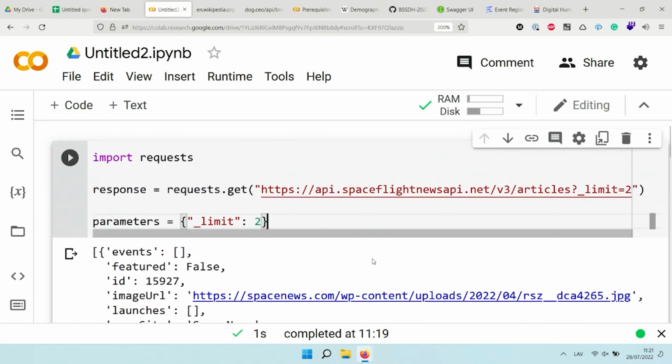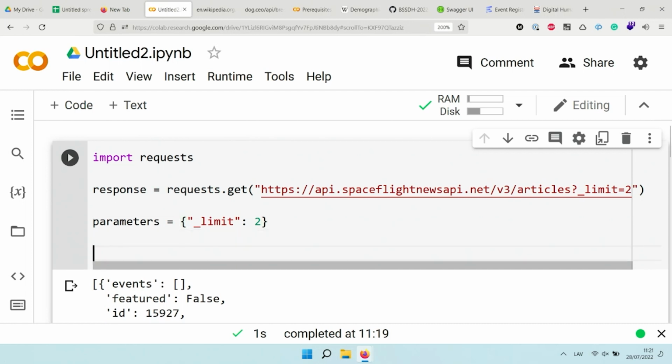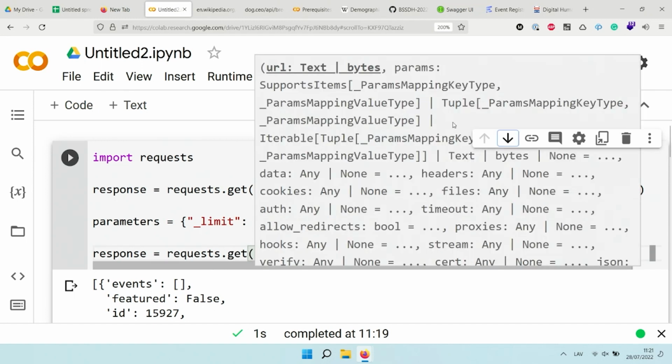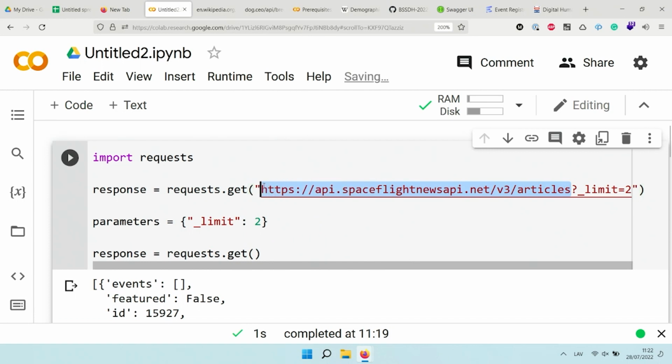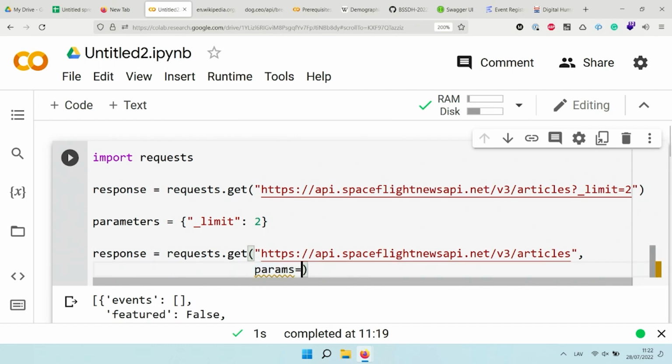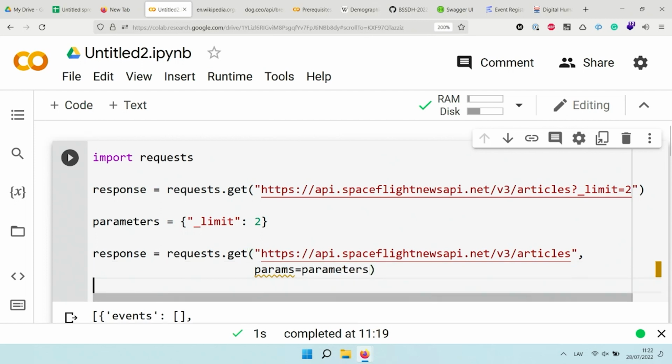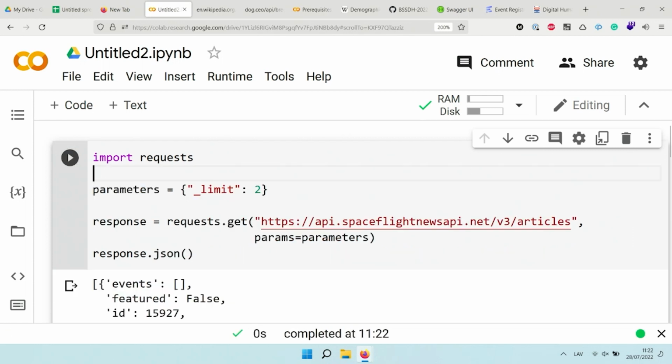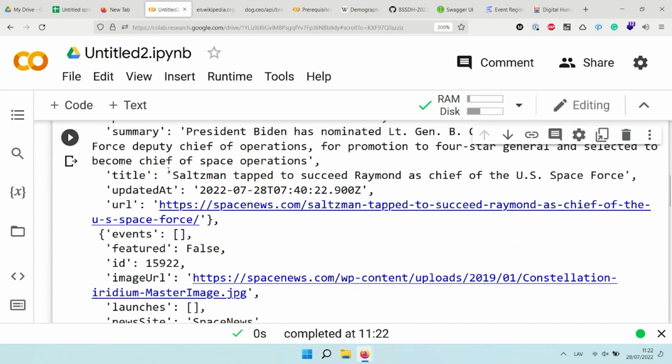And how we now call this URL, get this response, we again use this requests.get method. Now we don't put the parameters here, we put only the base URL, and we pass parameters as argument. So we have argument params, not parameters, params, and call parameters. We will go through that once again, and I'll just check whether it works, because I'm not sure. Okay, this works. So you see that we received two